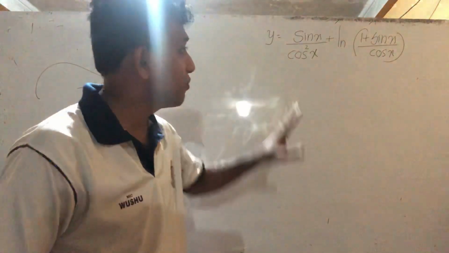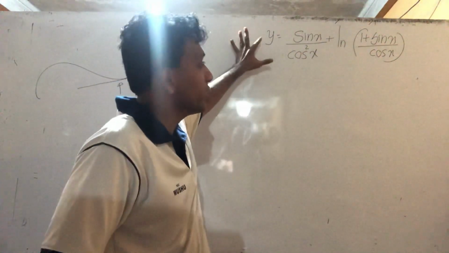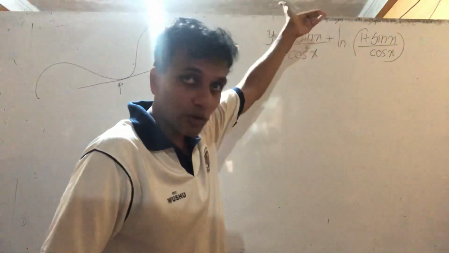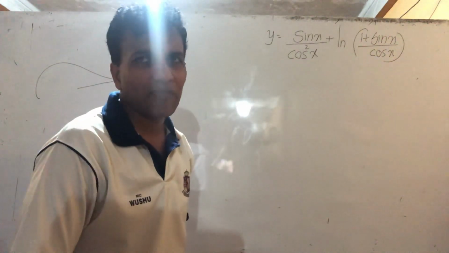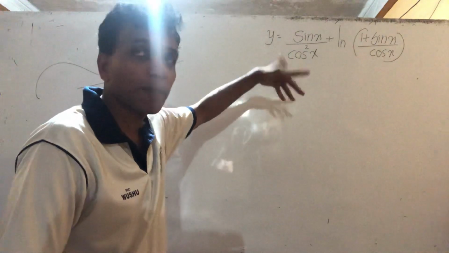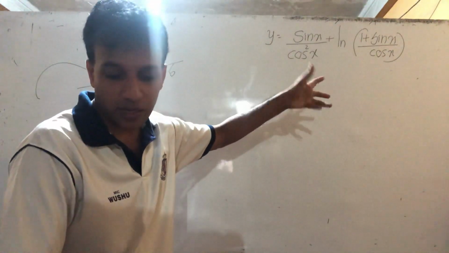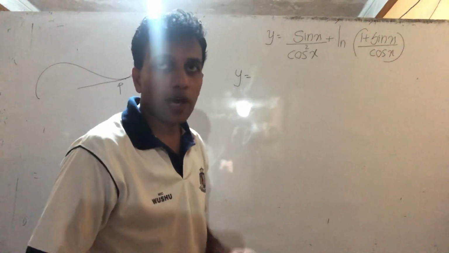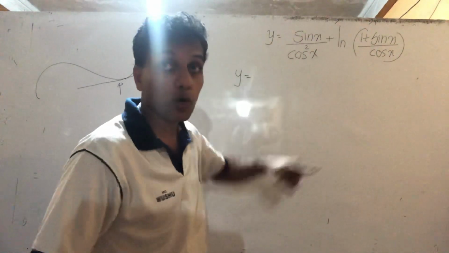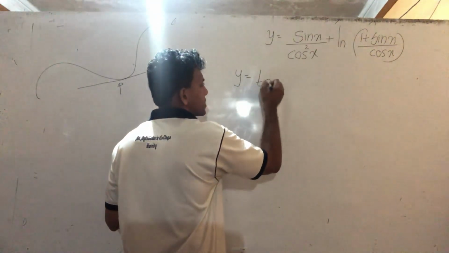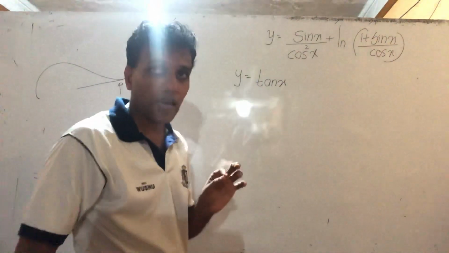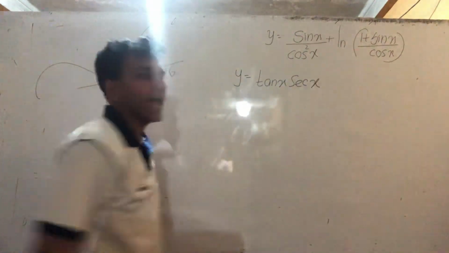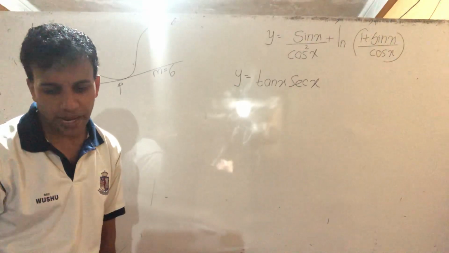So the main issue here is differentiation. Find the dy over dx. This is u over v, and the logarithm inside also, I think u over v. That part is difficult. Better you convert to another pattern before differentiating with respect to x. Therefore here y equals: cos square is cos into cos, sine over cos is tan, another cos available, take it up, that is sec. Sec x tan x is easy to differentiate, if you write that form,